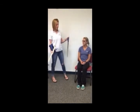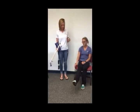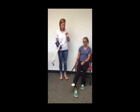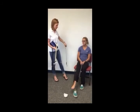First, I'm going to show Kayla here how to take off her shoe using the long-handled shoehorn. She won't have to bend over at the waist. She can just reach down along the side and slip the back of her shoe off. She can also take her sock off with this tool, like so. So this is an energy conservation technique for dressing, so you don't have to use as much energy